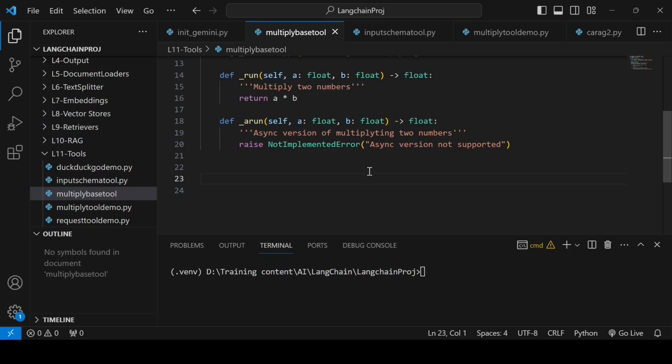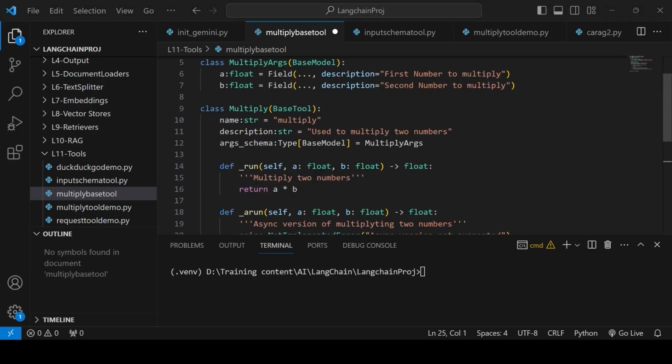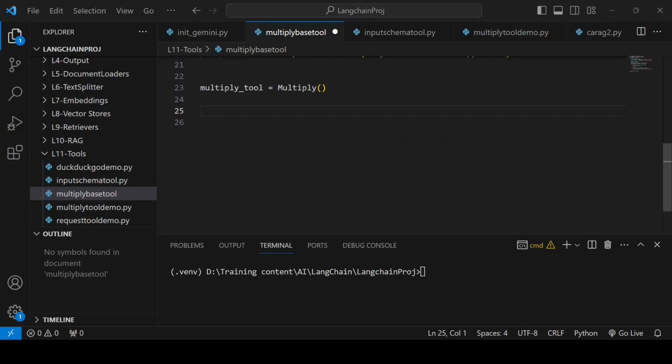Now I can create a tool instance, multiply_tool. This time it is a class, so I create it like this, an instance of the Multiply class. Now I have my tool instance.